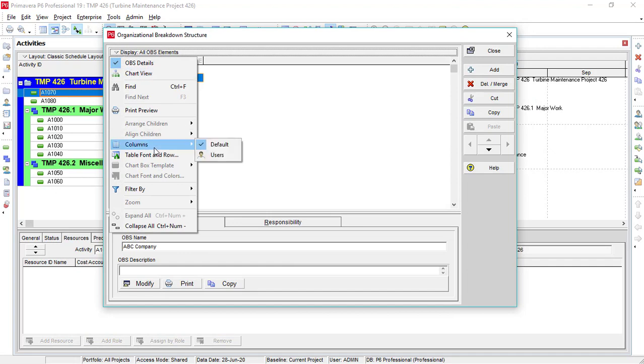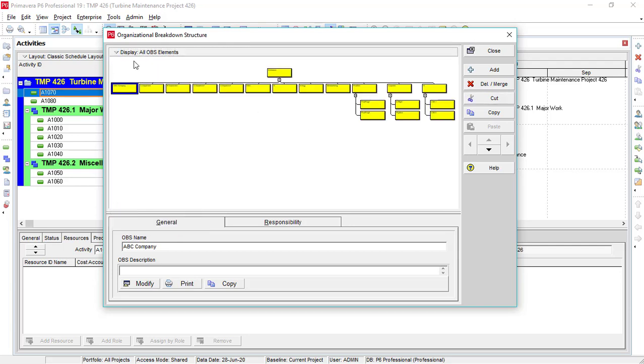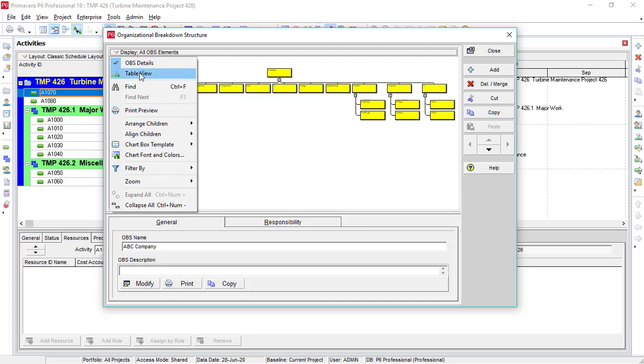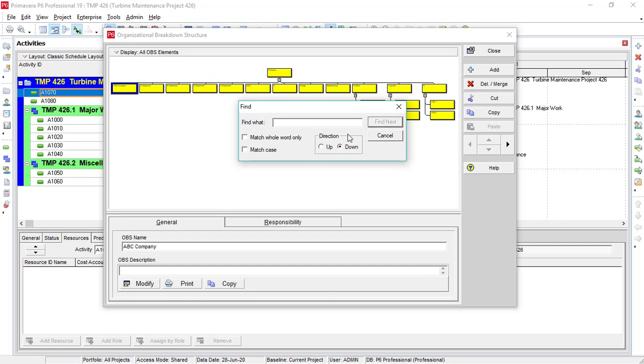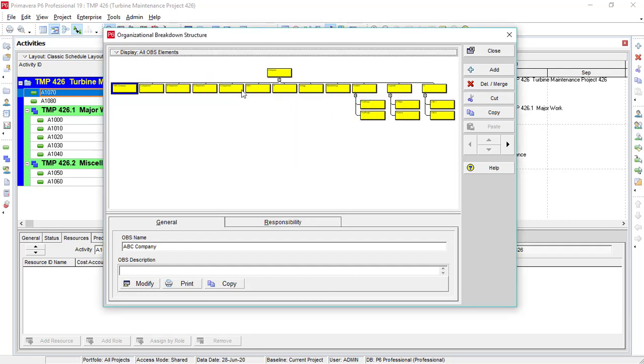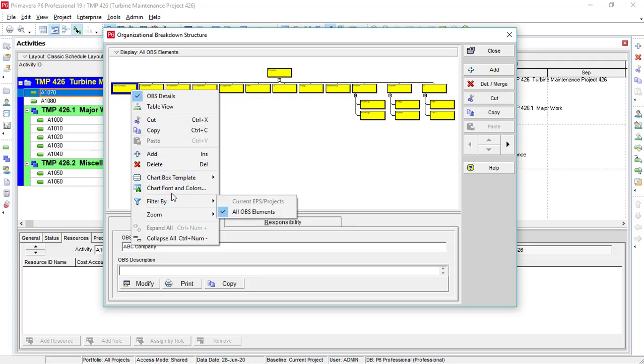From here you can see Chart View, so you can see the chart view of OBS. Click on this. From here you can zoom in.